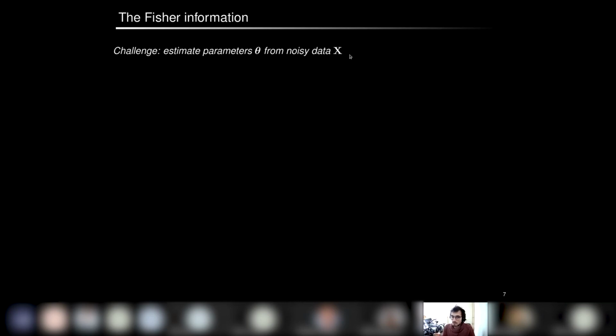In fact, the data are noisy because of field fluctuations, for instance, but also because of other classical noise sources. At this stage, we don't really care about what kind of noise there is, but we know that there is noise. So the data must be described by a random variable. And any estimate that we make from this data, so any function that we apply to this data in order to estimate theta, will also be a random variable because of the noise.